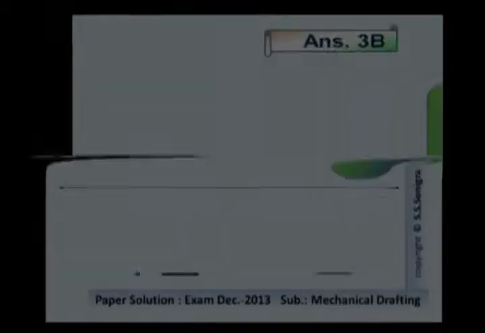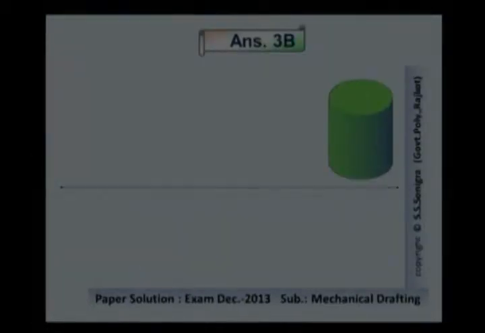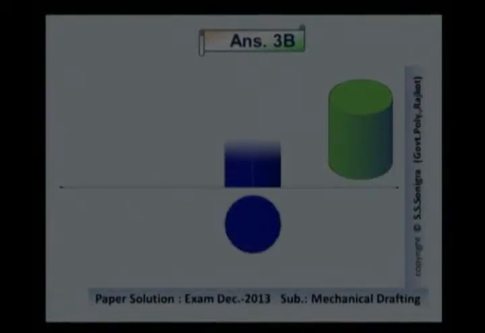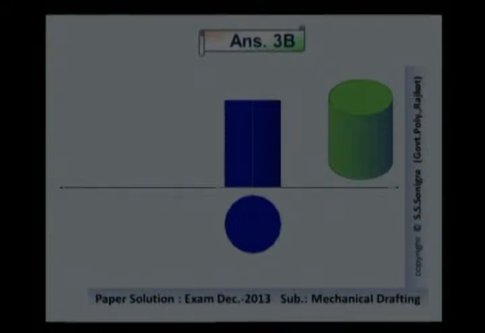This is the solid cylinder, the given solid, and to draw two views of this cylinder, it should be drawn like this. In top view it would appear as a circle, and in front view it would appear as a rectangle, and it could be drawn like this. The diameter of the cylinder is given, that is 50 mm. So draw a circle of diameter 50 mm,